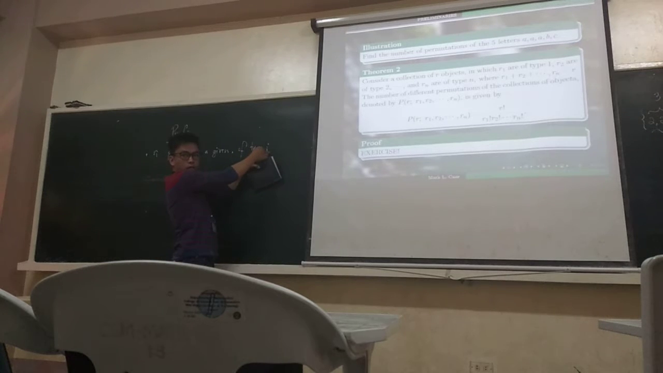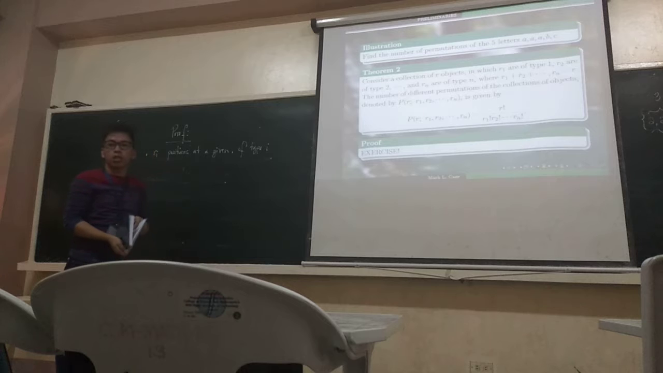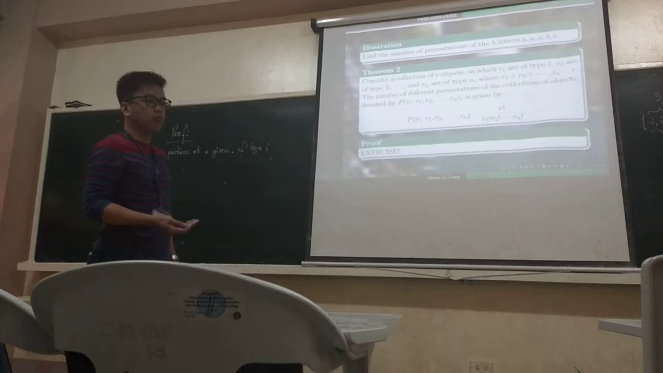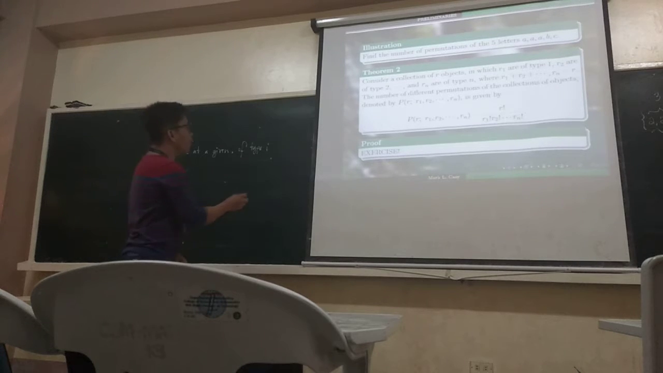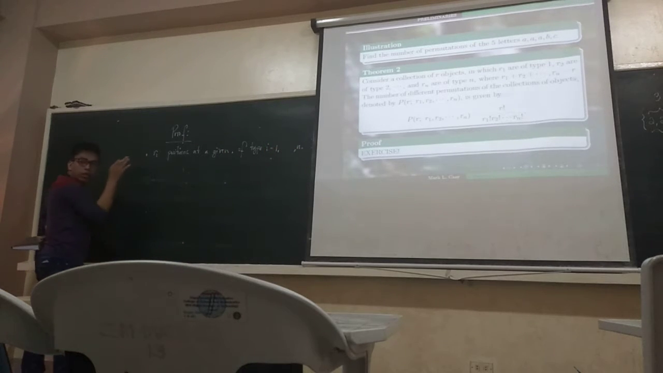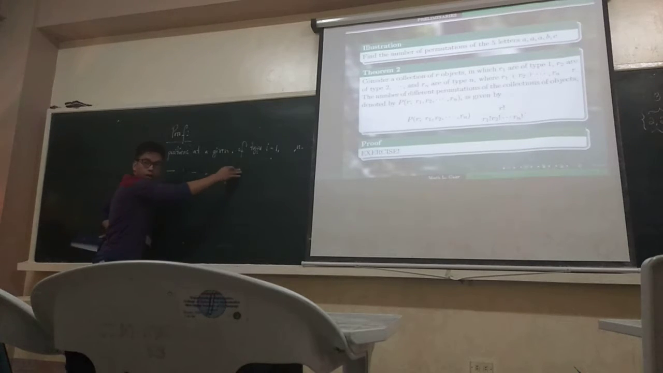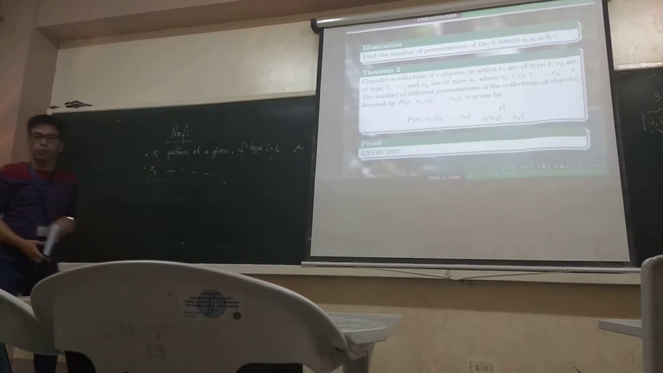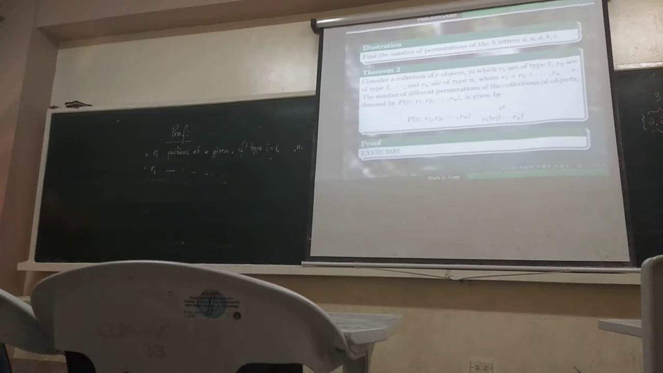What is for i? For easy proving, the i doesn't range up to n here. Let's try this one. Let's be specific. R sub 1 positions at a given type 1. Tama? Okay. Another R sub 2 positions at a given type 2. Nakuha na? Okay, so next is